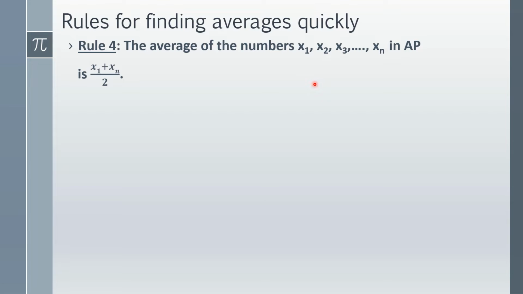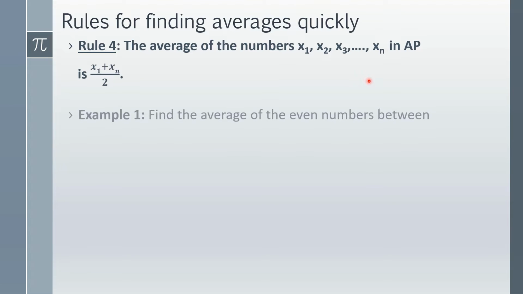You can add 2 to any number in the sequence to get the next number. Multiples of 5 are in arithmetic progression because you can add 5 to any number to get the next number. Natural numbers 1, 2, 3, 4 are also in arithmetic progression because you can add 1 to any natural number to get the next natural number. So with such kinds of numbers, finding the average is easy. Take the first number in the sequence and the last number in the sequence, add them together and divide by 2. That's how you can find the average of numbers in arithmetic progression.